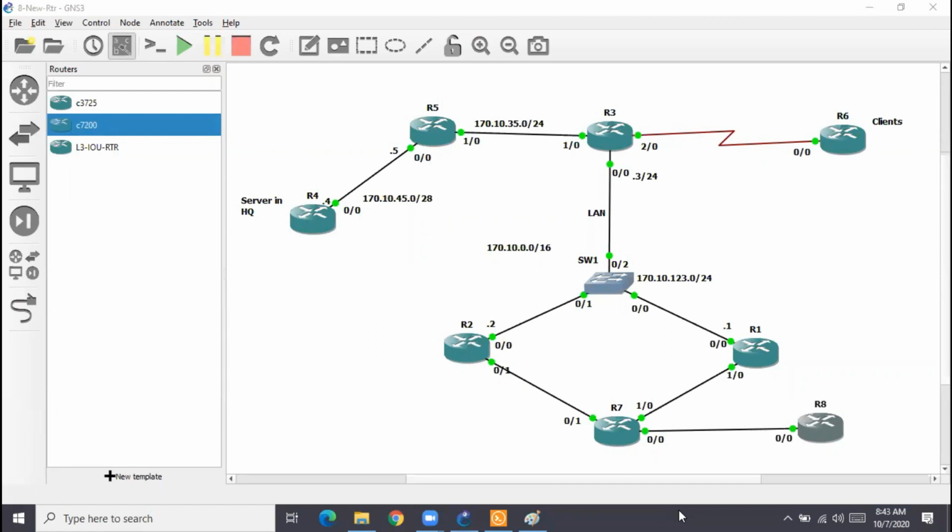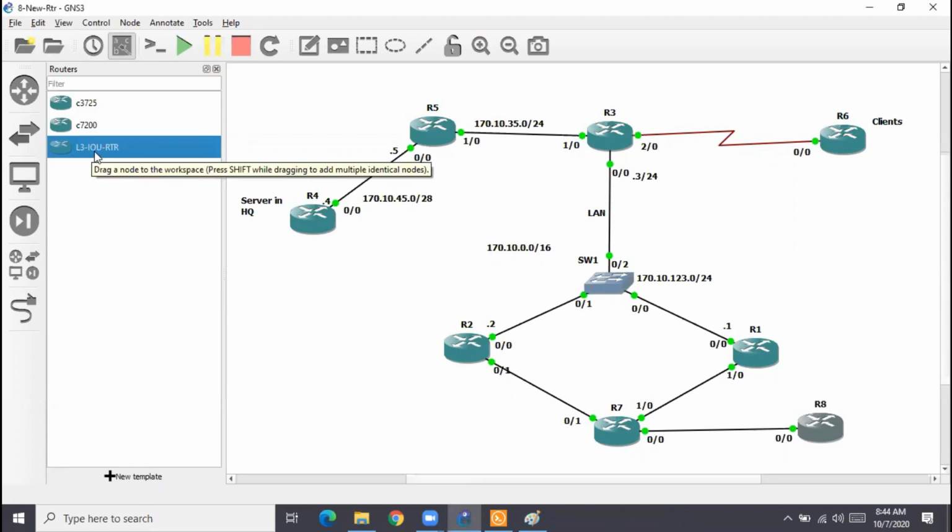If you get everything in EVE, it is better. In one sense, EVE is better. But in GNS3 also now, you can have IOU images, L3, L2. So now it's all up to your liking.